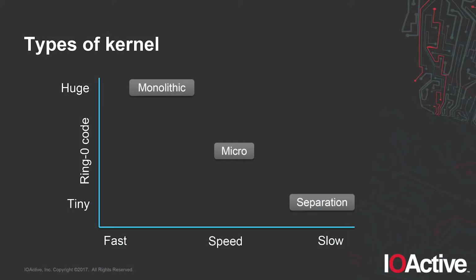So we're going to look at some existing kernel architectures. The first is the monolithic kernel everybody's familiar with. You've got one big block of code running with full privileges. It does everything. Any code anywhere in there can corrupt any state anywhere. Then we move down to the microkernel, where you move drivers and a lot of stuff that doesn't really have to be done in privileged mode out to a user-space server, and you have the kernel handle a smaller amount of stuff.